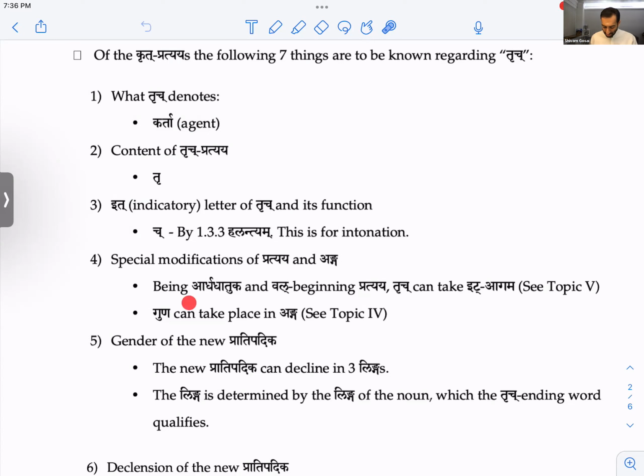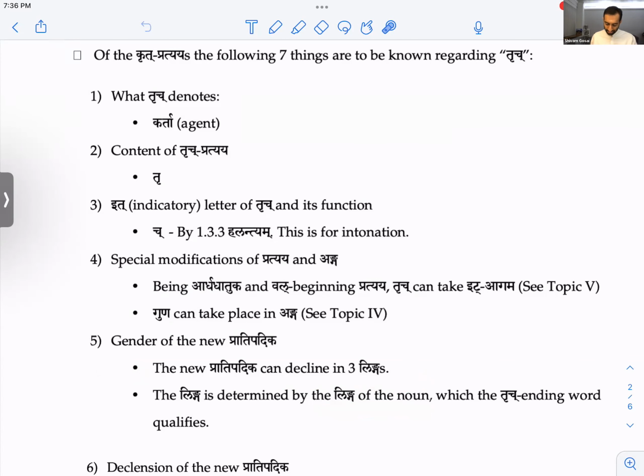One thing we can note is that guna can take place in the anga when it's added to Tṛc. We'll see examples of that today. This new pratipadika can decline in 3 lingas, meaning it can be masculine, neuter, or feminine. It's determined by the word that it's qualifying, the gender of the noun which it's qualifying.